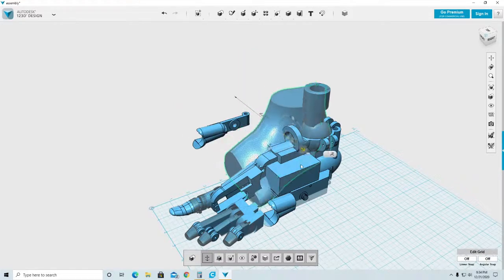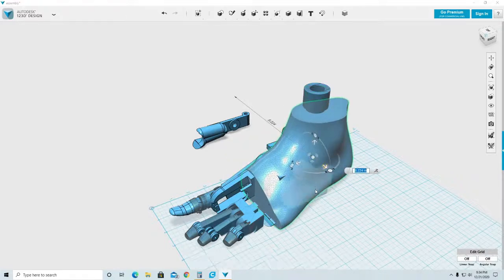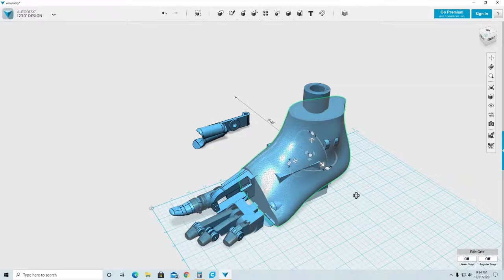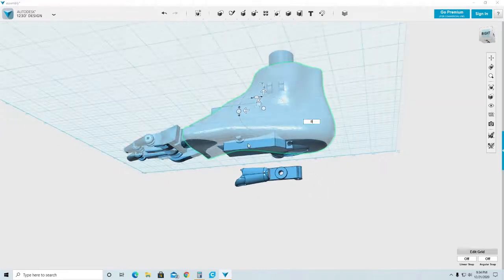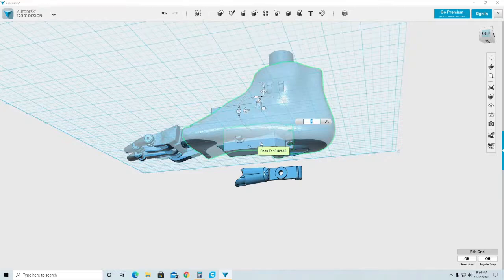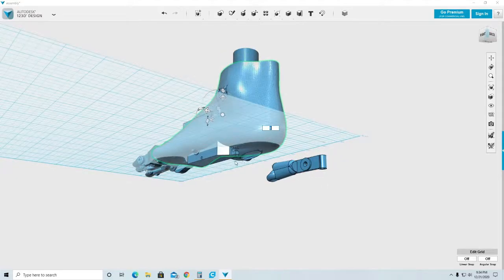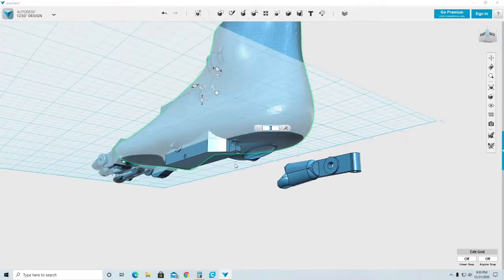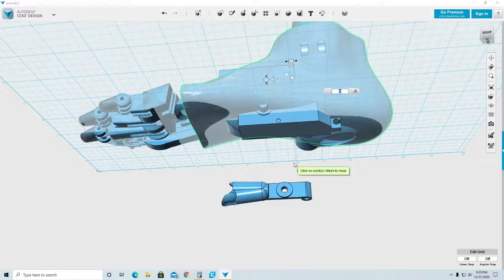Now I need to move this foot to see if everything still fits in. And remember, I moved it 8 inches. So I'm going to make sure that I moved it back the same amount. And these visible parts, they're not extruding from the foot. I still got like 1/4 of an inch extra to put silicone in it. Even though I think that this servo is coming out more than a 0.25, I think that will work. Even if I have to make the